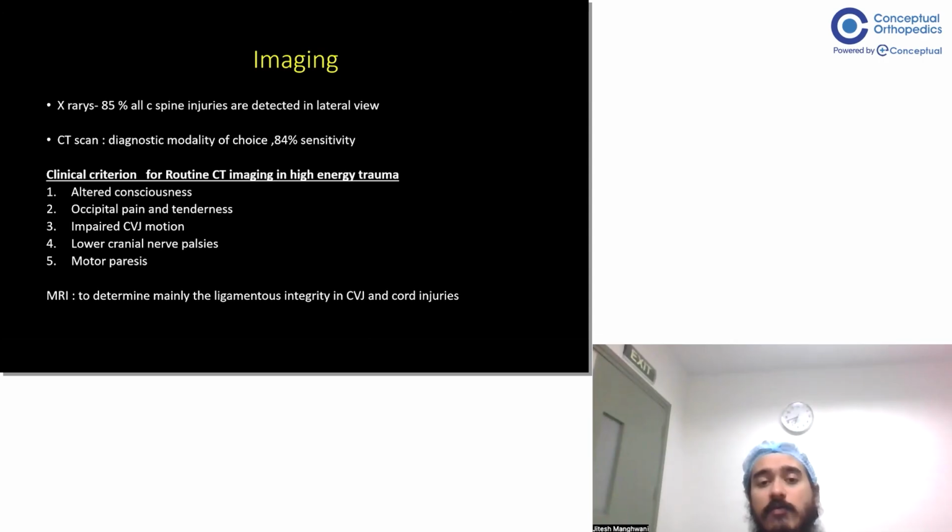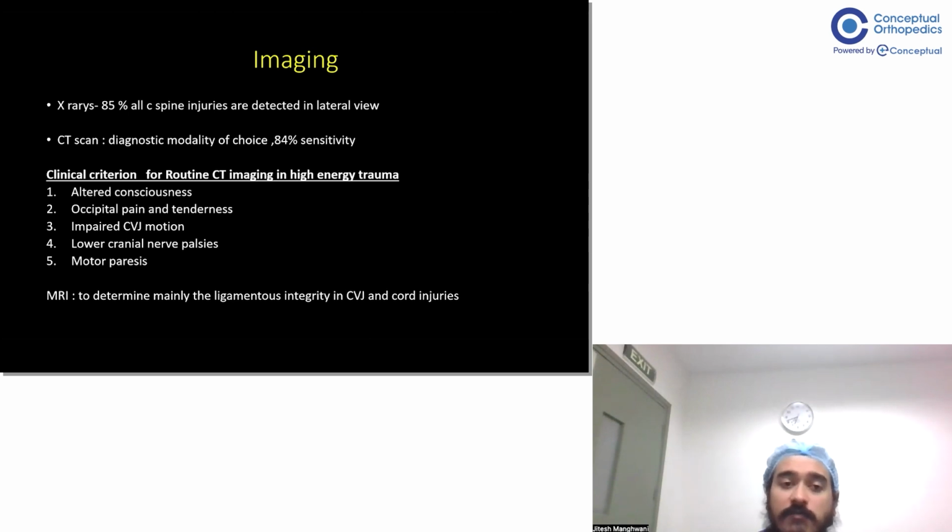And the clinical criteria for routine CT imaging in high energy trauma would be depending on... So basically, what does this mean? This means that we don't ask for a CT image for all the patients. Whenever the patient has a history of high energy trauma and any of 5 pointers are present, that is when we ask for the CT imaging. So if a patient comes to you with a history of high energy trauma and reports altered consciousness, occipital pain, tenderness, impaired cervical craniovertebral junction motion, lower cranial nerve palsies, motor paralysis or motor paresis,